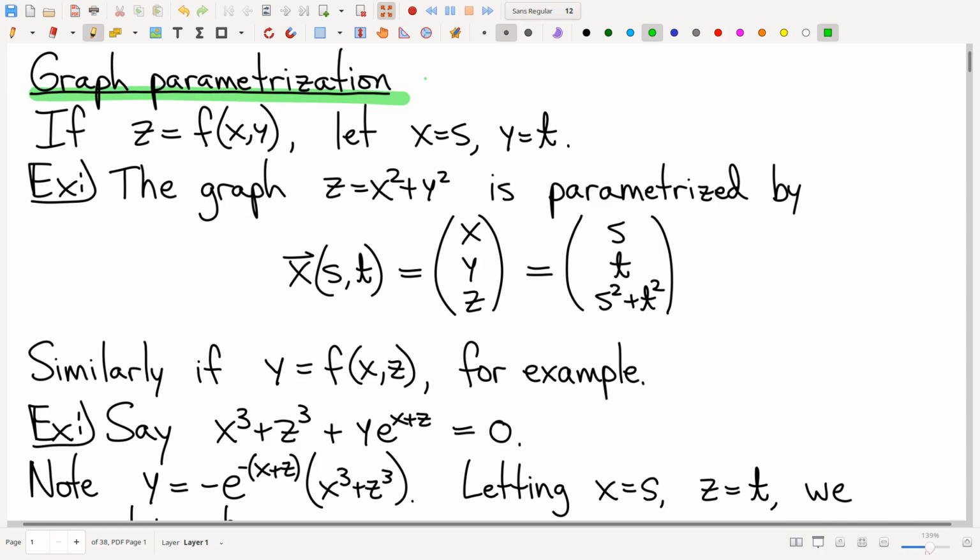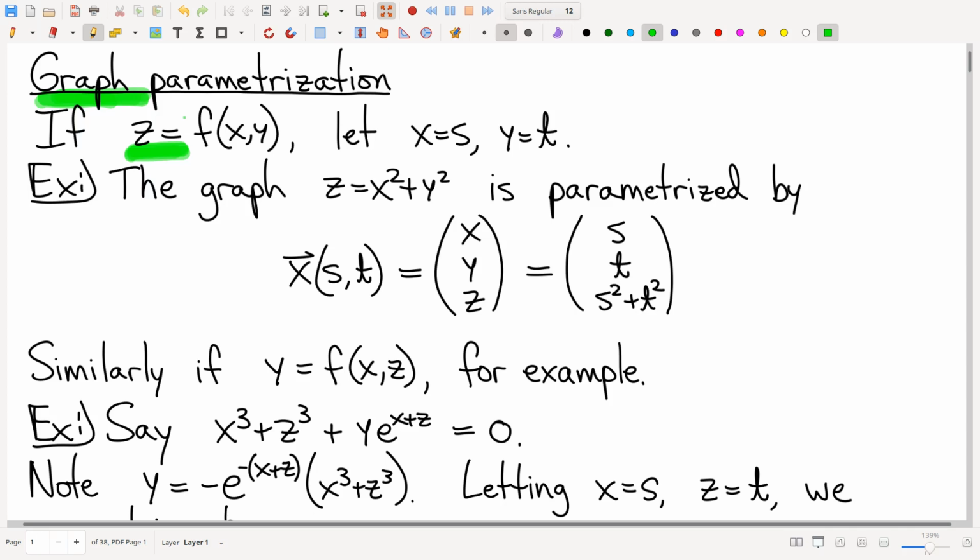I presented as my favorite tool for parameterizing curves the graph parameterization. The big idea was that if your curve was a graph, then you make certain choices and bam, you have a parameterization. So same deal here. If your surface now is a graph, right, keep in mind what a graph is. Important